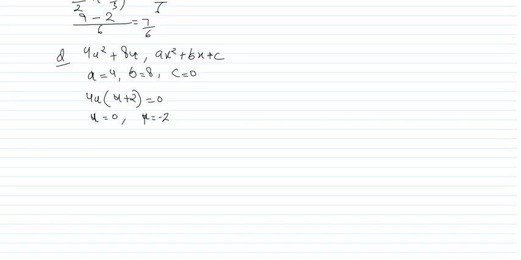So one of the roots is alpha and the other one is beta. We can take any one as alpha and the other as beta. Now we know the relation for the sum and product of the roots. First, alpha plus beta is minus b upon a. Alpha here is 0,